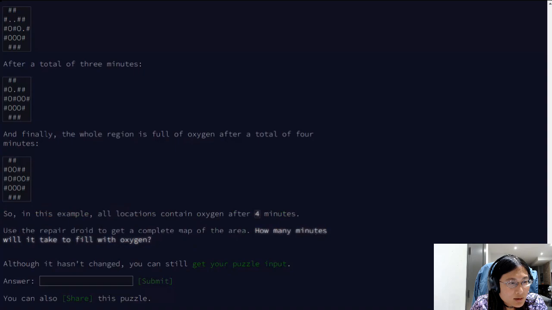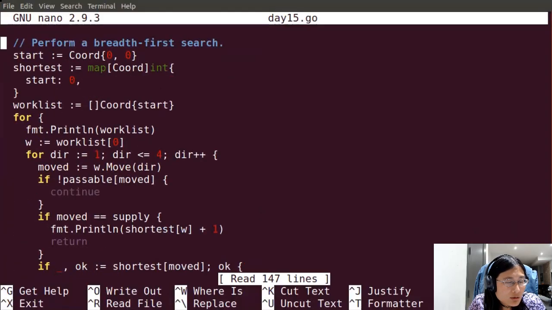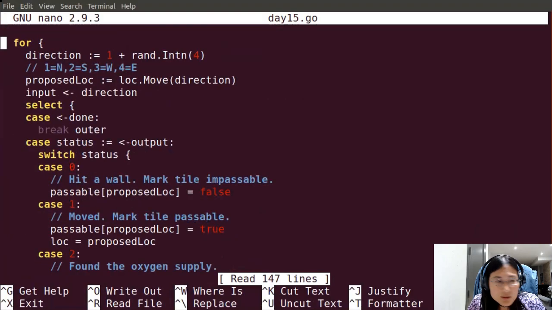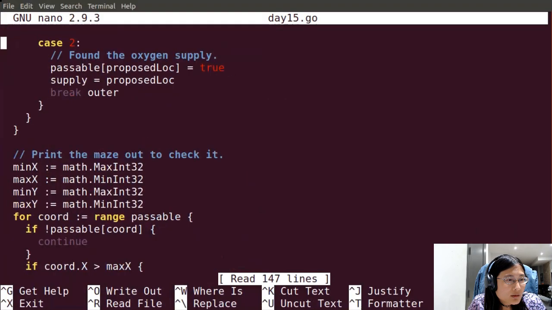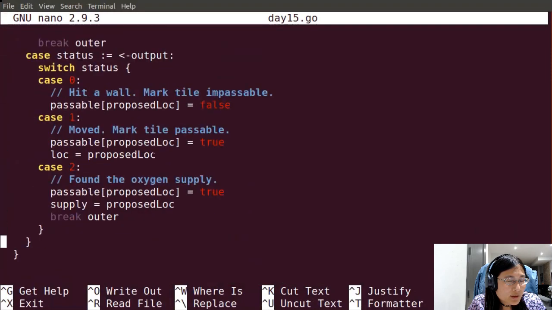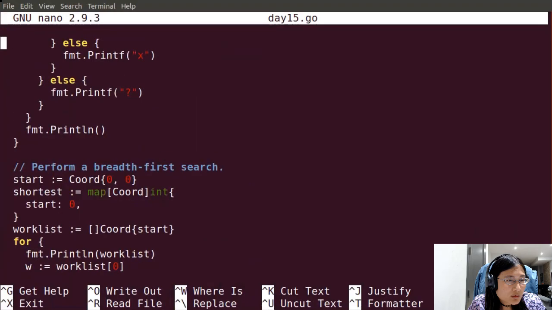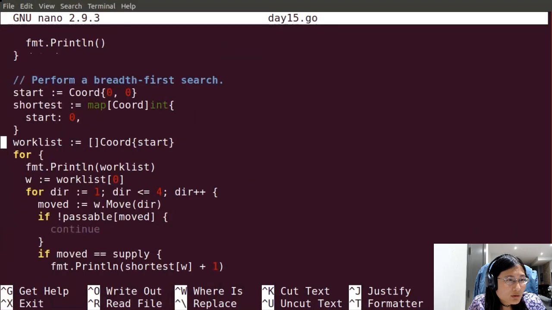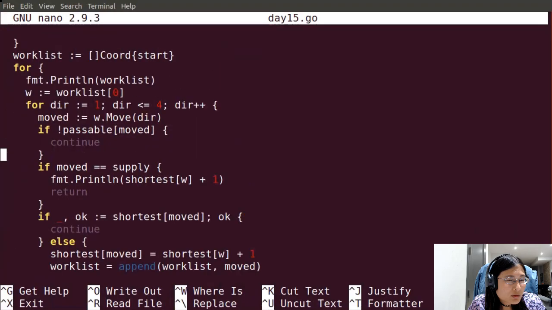Let's go ahead and go back to my code. And let's repeatedly walk it until I don't need my work list anymore.